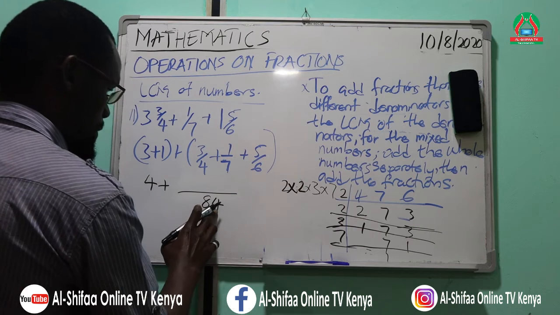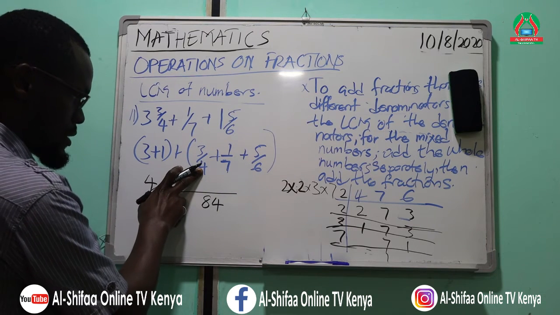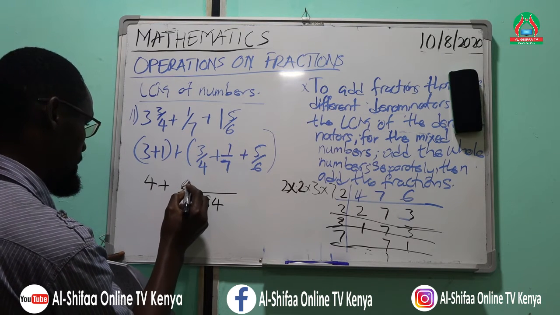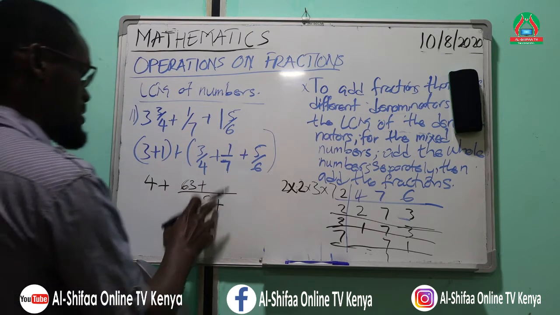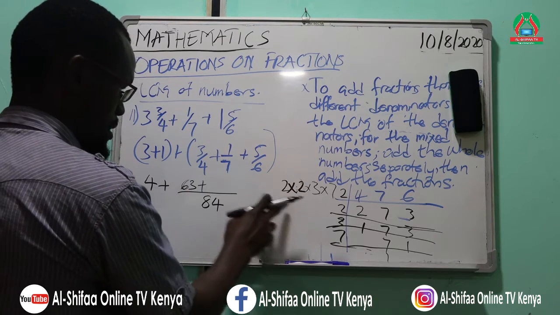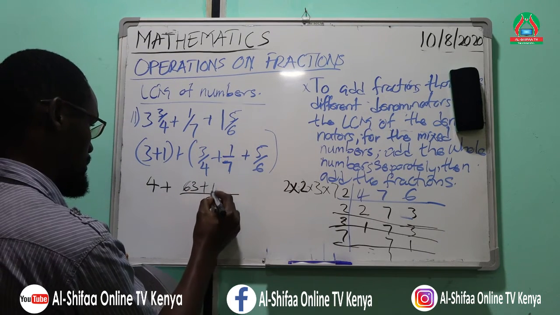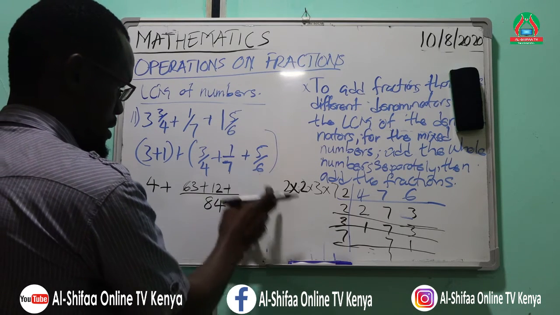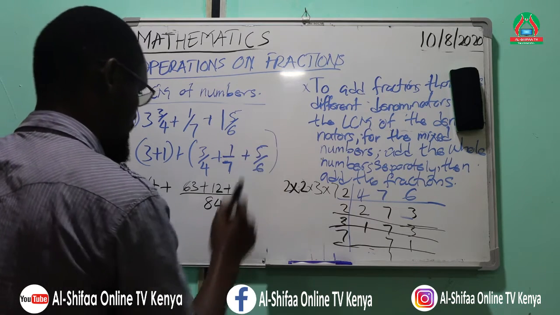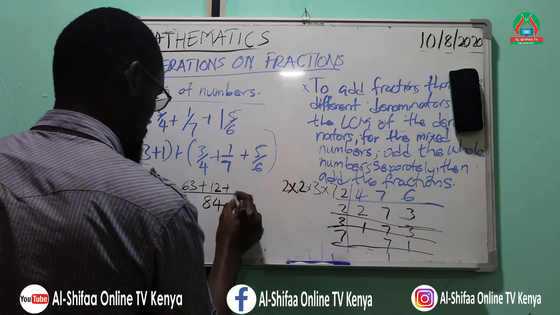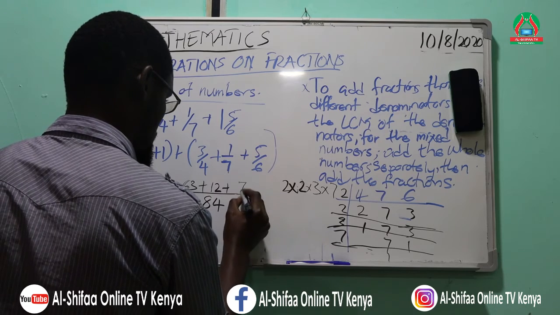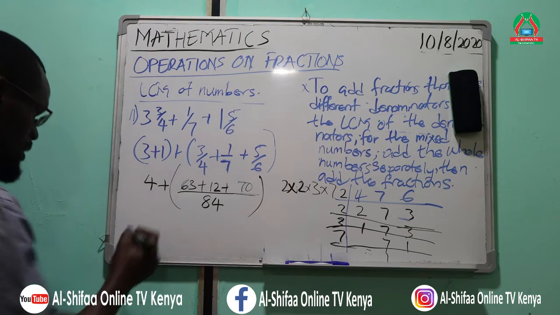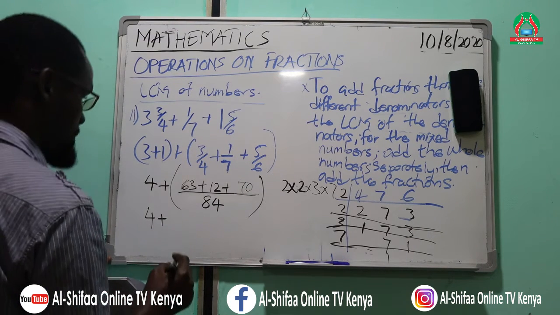Here we'll have 84 divided by 4, we'll have 21 times 3, we'll get 63, plus 84 divided by 7, we'll get 12, plus 84 divided by 6, we'll get 14. 14 times 5, we'll get 70. So we add, here we get 4 plus